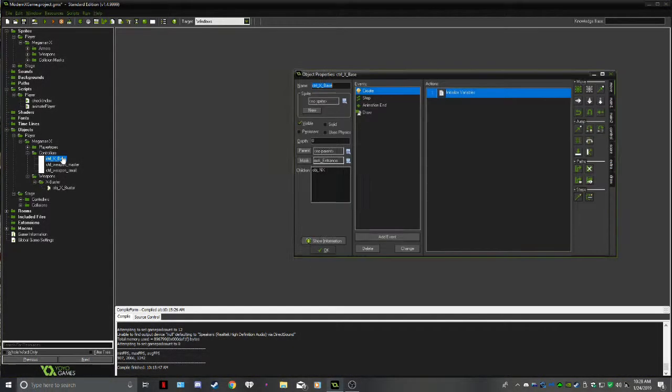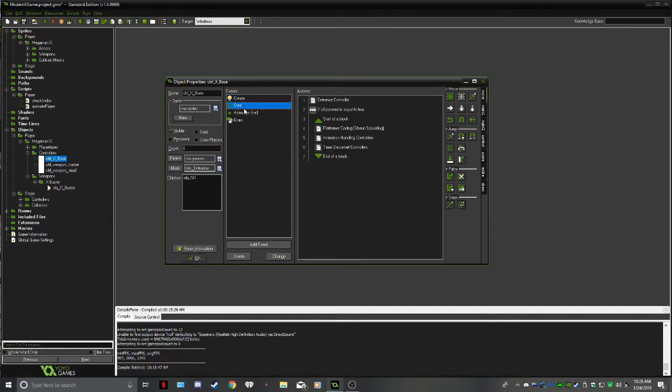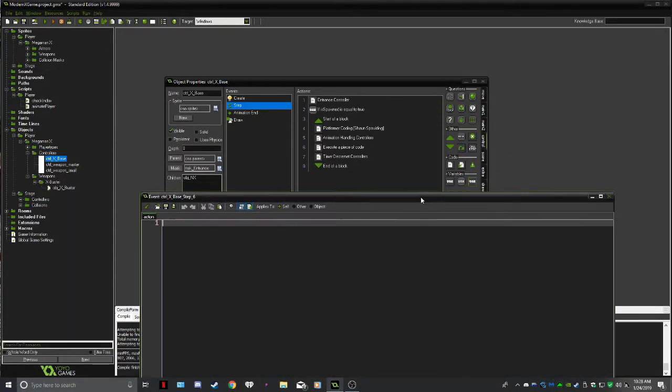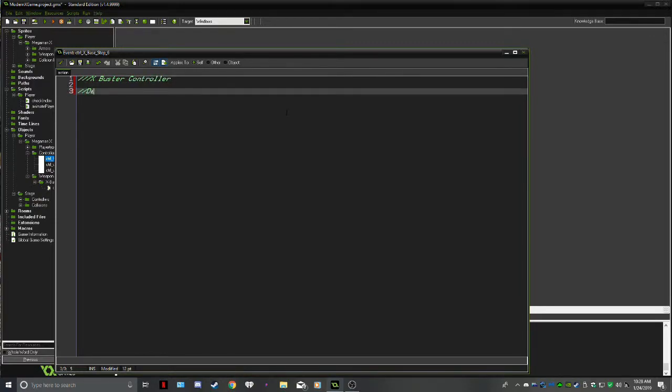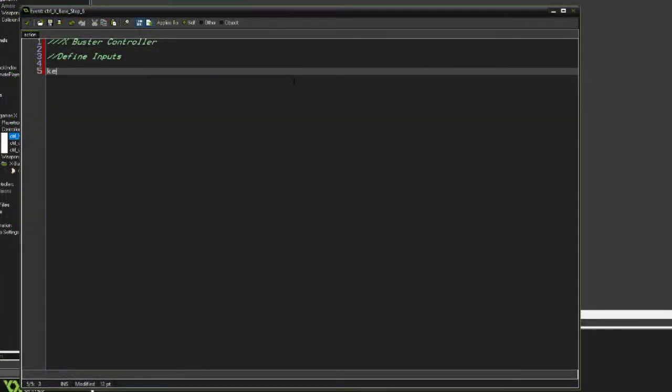We're going to go to our X controller now and define a new piece of code here in our blocks of code. I'm going to set this between the animation handling and the time decrement controllers just because. And I'm going to call this the X Buster controller. So the first thing we need to do is to define some of our inputs, those being key shoot is equal to keyboard check